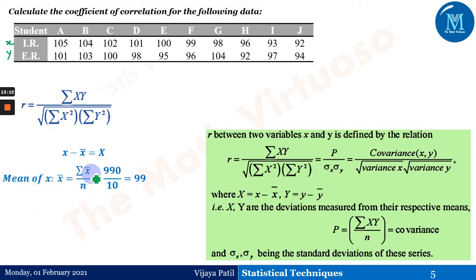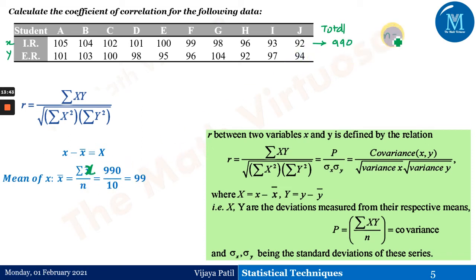Now what is summation of x? Actually it's not x bar, it has to be x. Let it be, just complete that. This is summation of x, instead of x bar. So it is summation of x upon n, which is 990 upon 10. If I do the totaling over here, it's 990, the total for this particular x. Please use the calculator and complete this. You should get 990, and small n.